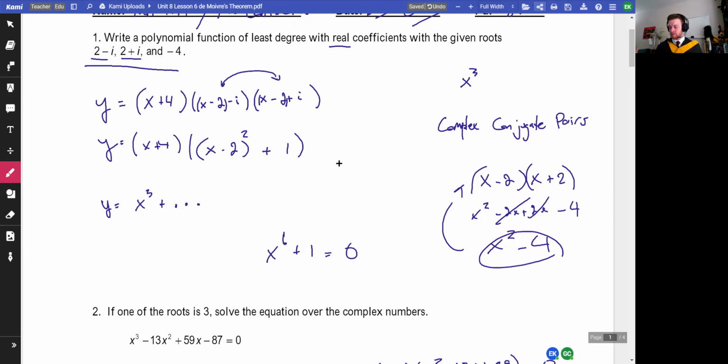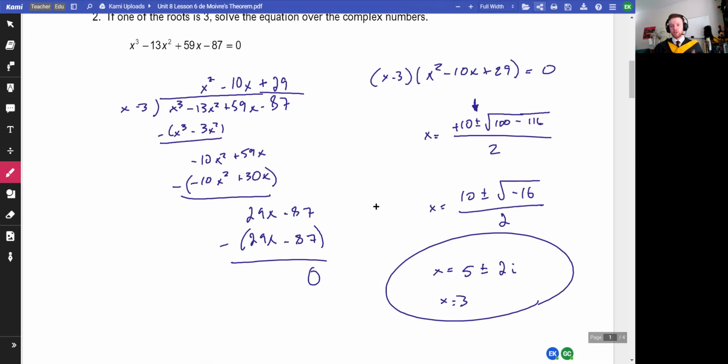But the big claim that 1 and 2 are trying to showcase, in addition to presenting some practice problems, is that complex roots come in pairs. And the fundamental theorem of algebra states that an nth degree polynomial has n complex roots. All right, let's proceed. You feel good? Yep.